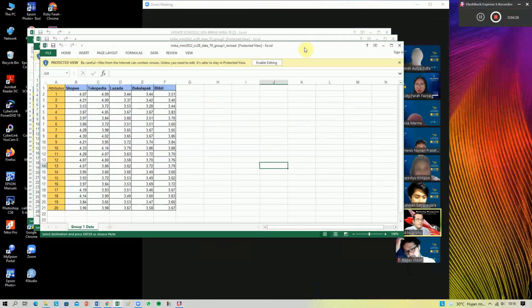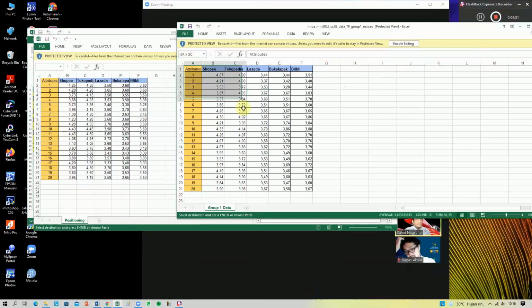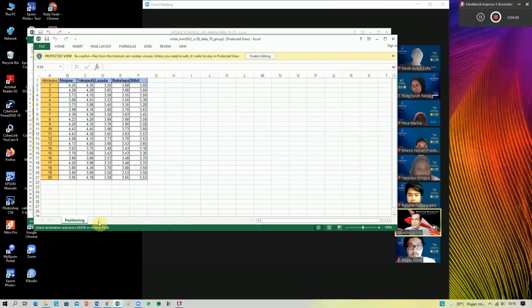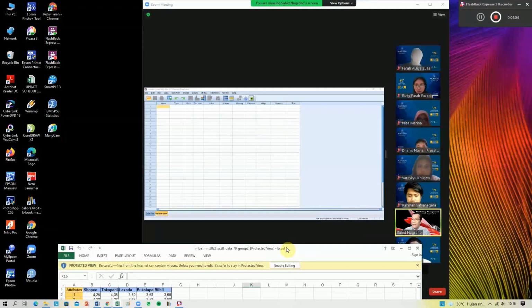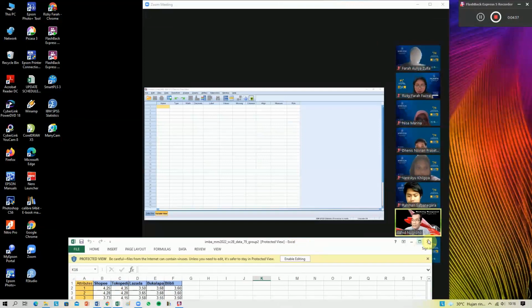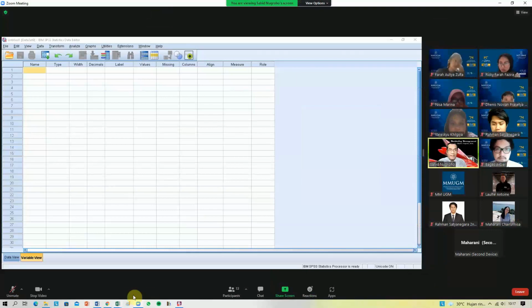Now you prepare the worksheet for the data. So go to variable view, and then you can type the name of the column accordingly. So you just refer to the Excel table heading or header. You just make a similar name for the similar position, without the number of attributes. So only type Shopee, Tokopedia, Lazada, Bukalapak, and Blibli.